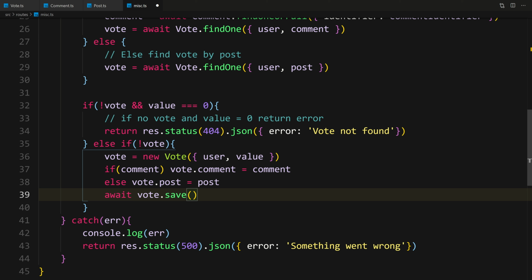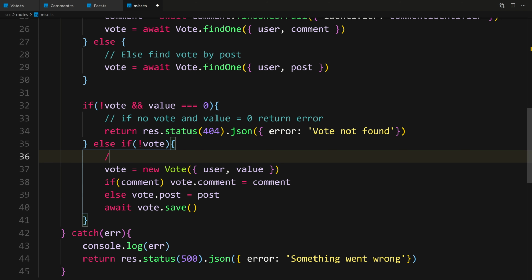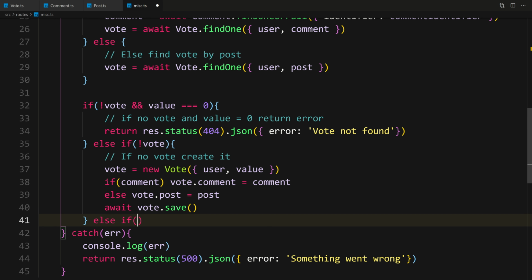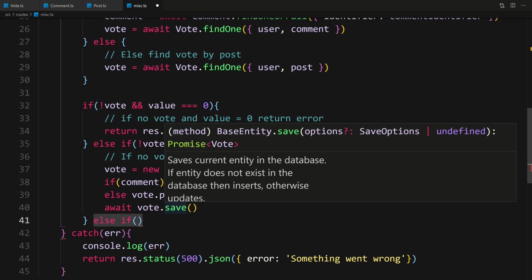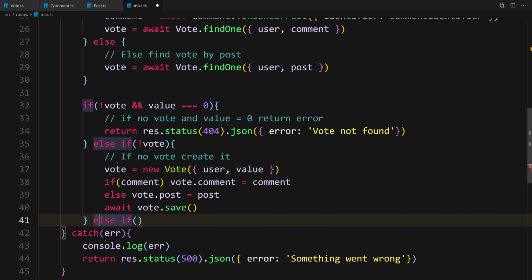So now we created the vote. So actually let's add a comment here, and we'll say if no vote, create it. Now here we can say else if. With any else if after these two, that means our value is either -1 or 1, and it means also that the vote exists. So the rest of these else if statements mean that we are updating the vote that exists already in the database. So we need to check first for the value if it's 0. So we'll say else if